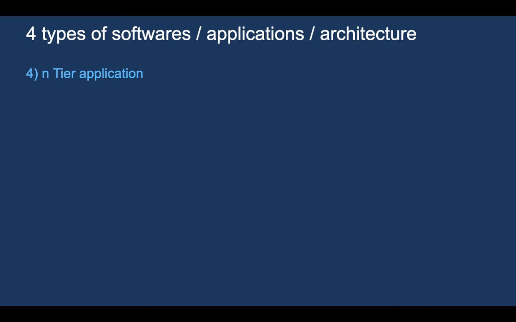Finally we have something called n tier application. Now what is this n tier application? Very simple, listen to me very carefully. Now in a n tier application the presentation layer is on the client computer and the database layer is on a database server. I repeat, presentation layer on client computer, database layer on a database server. Now what happens about the application tier? The application tier, listen to this carefully, is distributed amongst several application servers for faster processing.